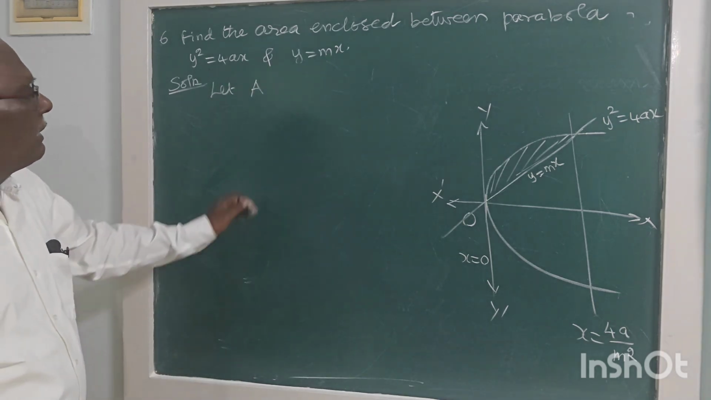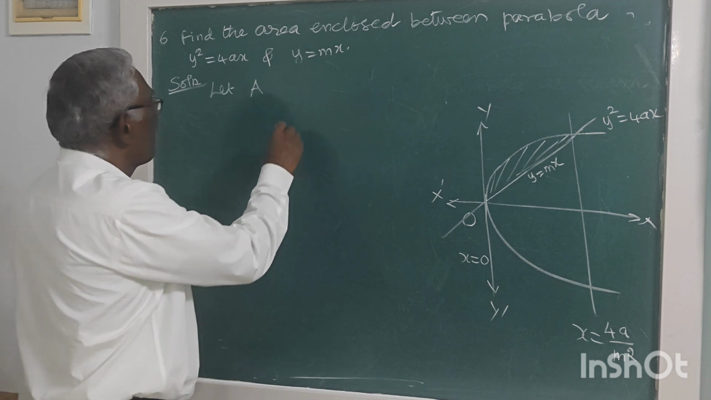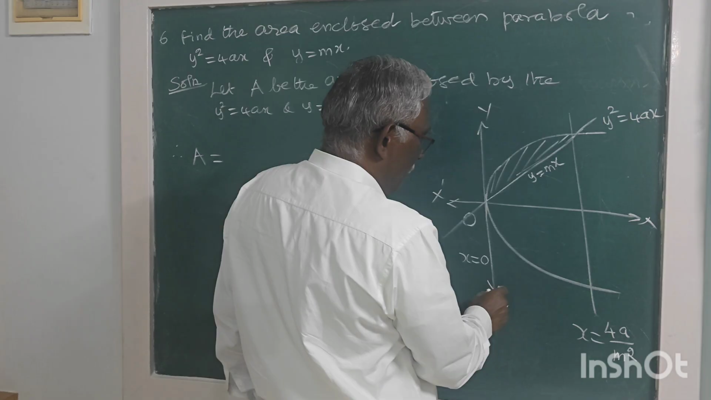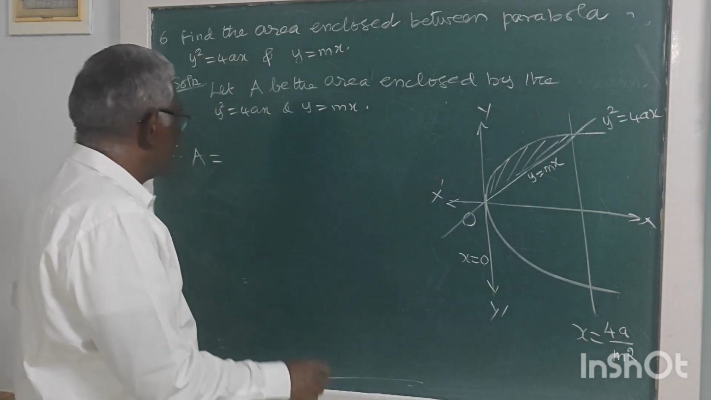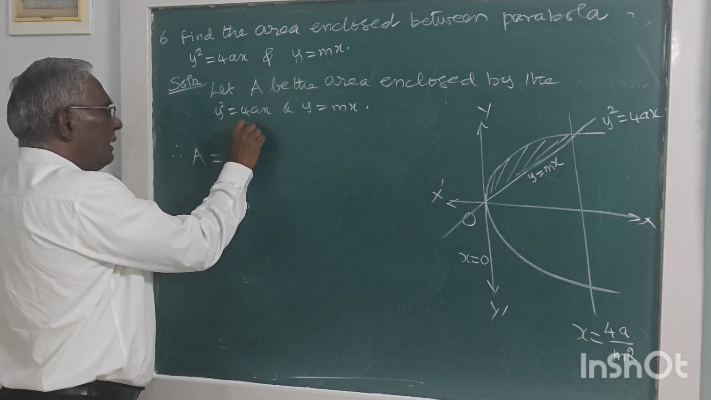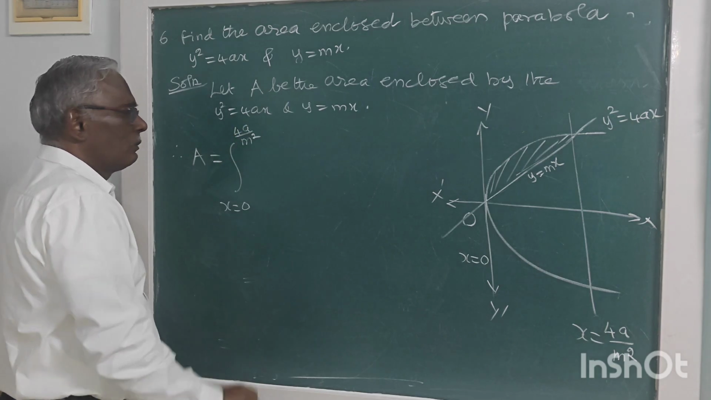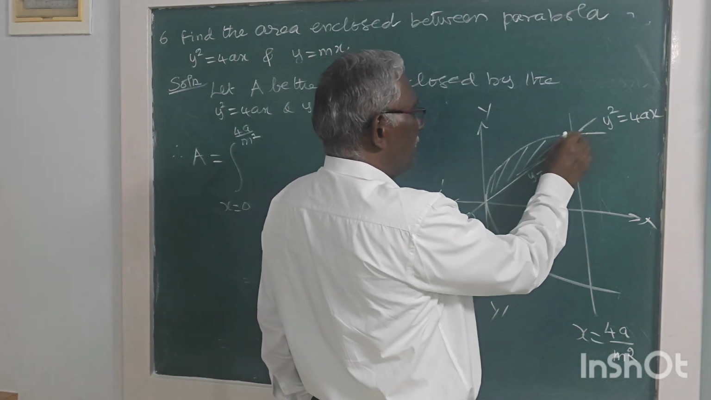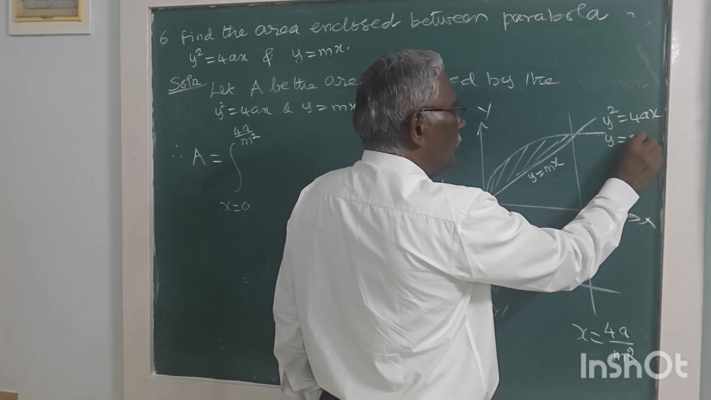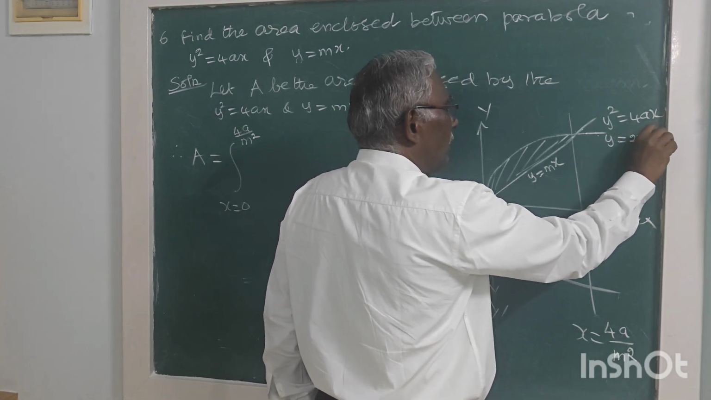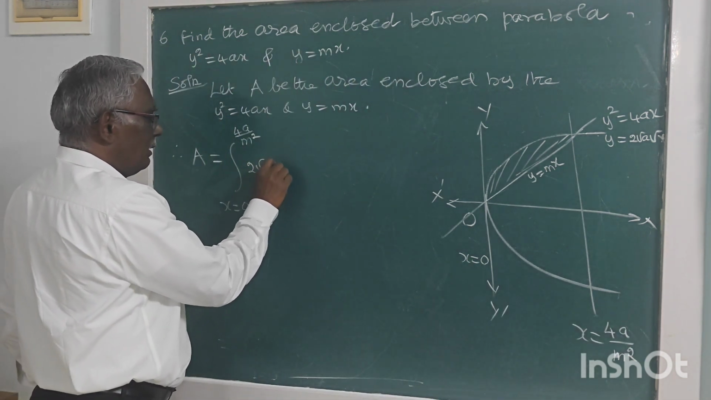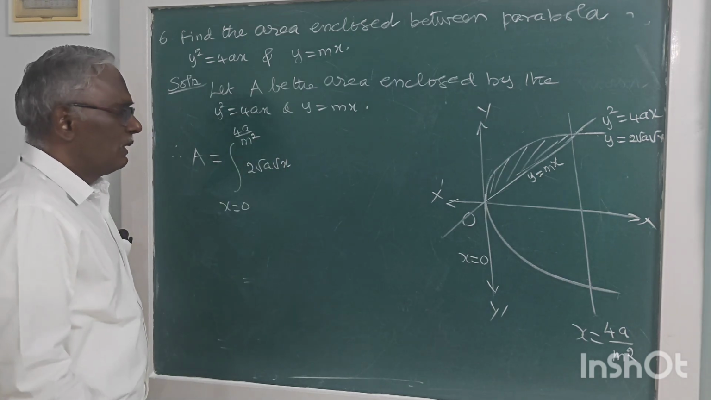Let A be the area enclosed by the parabola and the line. A is equal to, now x is 0, x is 4a by m square, integral x is 0 to 4a by m square. Now we will take the equation of this curve. What is the value of y? y is 2 root a root x. So 2 root a root x dx,